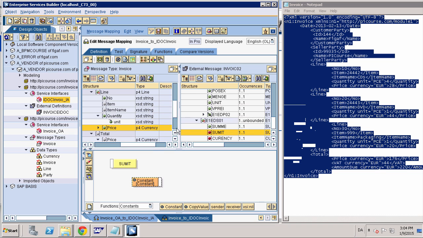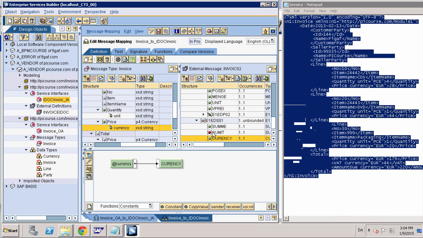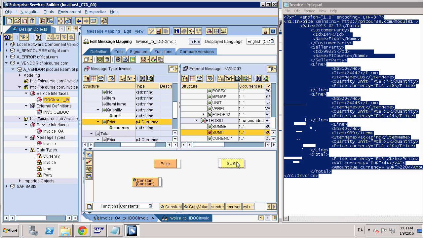Oh, so here we need to get the line item total, and we'll just get a value from one of these. So here we got the price up here, and we will select the statistics, get a sum,